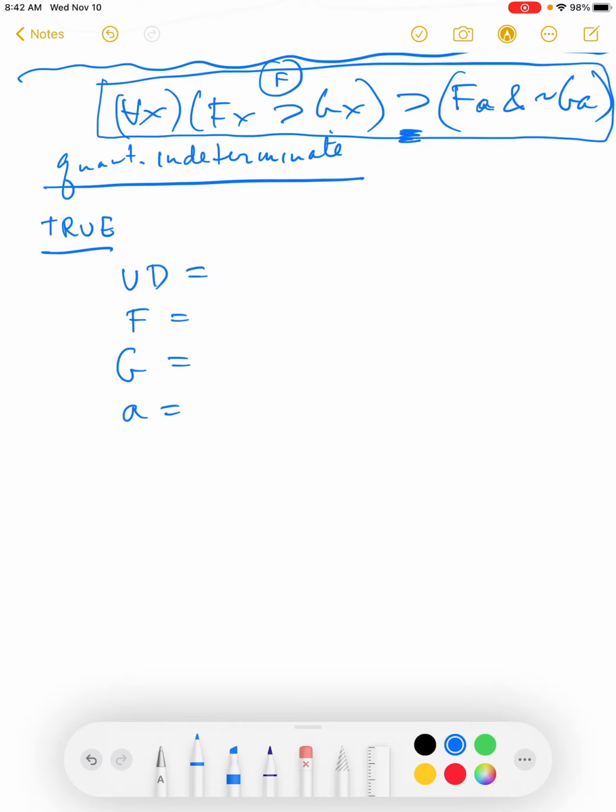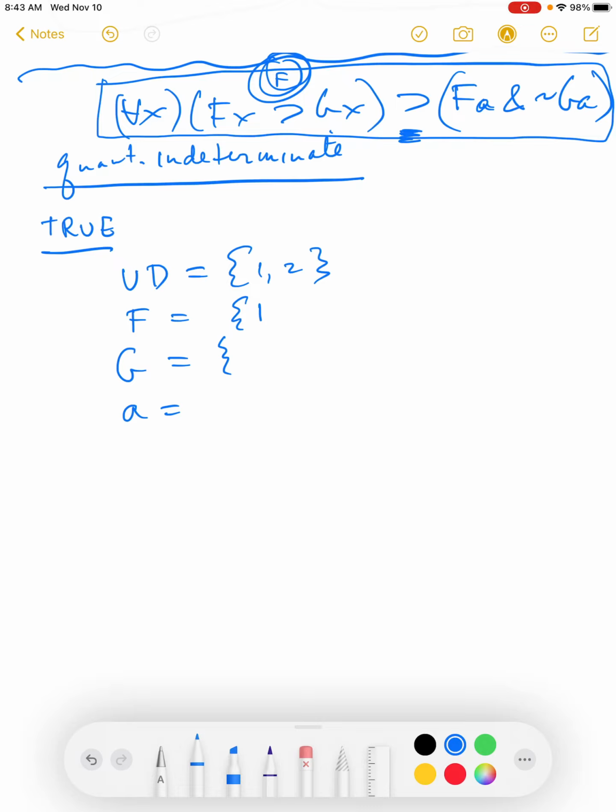So why don't we put two things into the universe of discourse, and we'll put one of them into F, but we leave it out of G. So 1 is playing the role of falsifying the antecedent. It's our guy who is in the extension of F, but he's not in the extension of G. I'm leaving him out of the extension of G. So we've already verified the whole conditional by falsifying the antecedent,